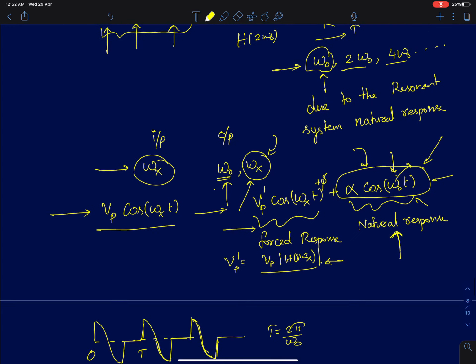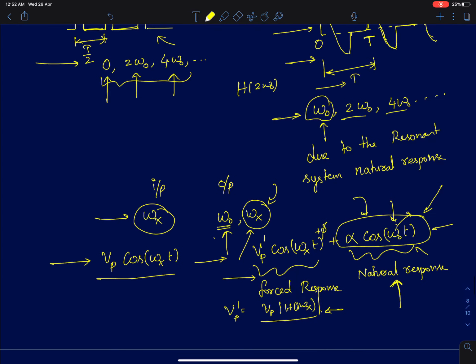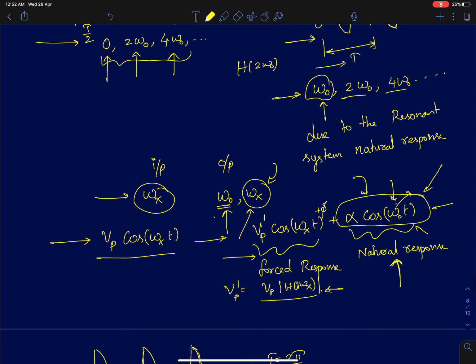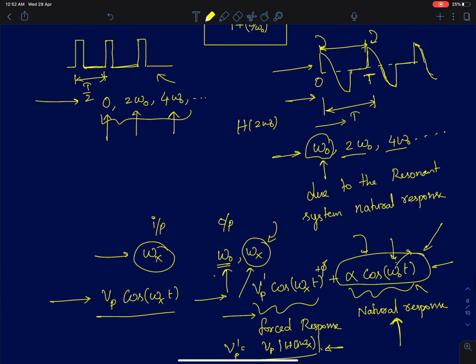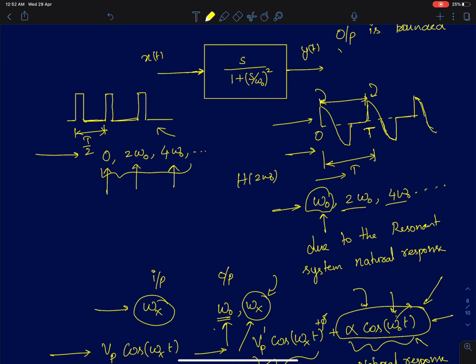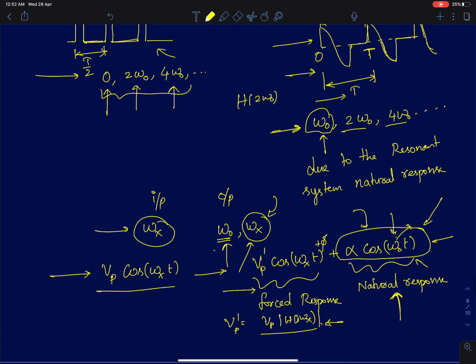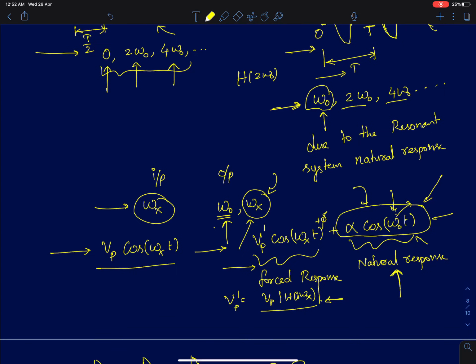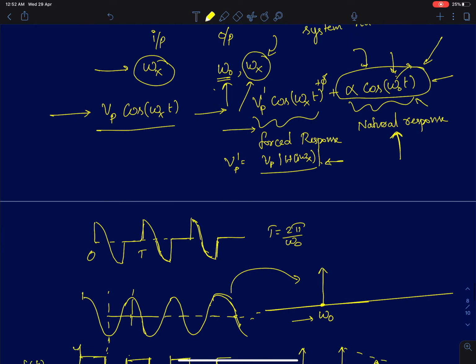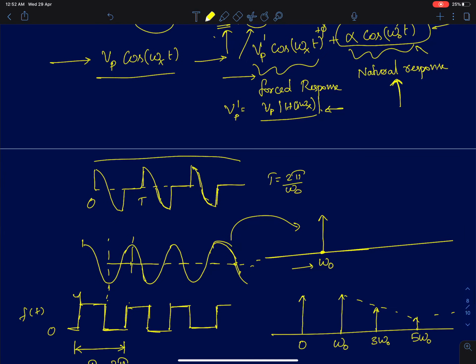The important point we saw for this system is the following. I said the frequency content of this signal is not very obvious. I said it's omega naught, 2 omega naught, and 4 omega naught. So I'll give a very simple and intuitive derivation for that result, and then come back and make some comments on the frequency response of resonant systems. We need to find the spectral content of this signal, which is nothing but a half sine wave, and for the other half cycle it is 0.